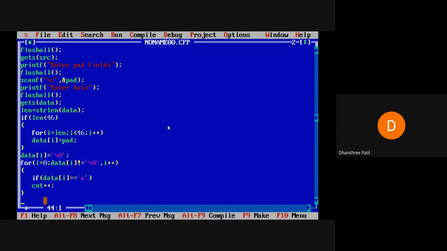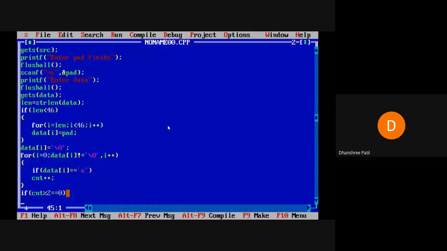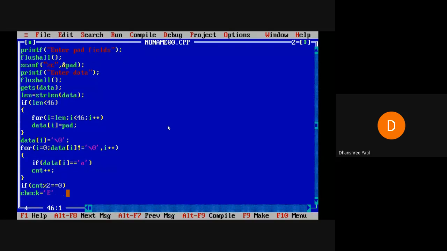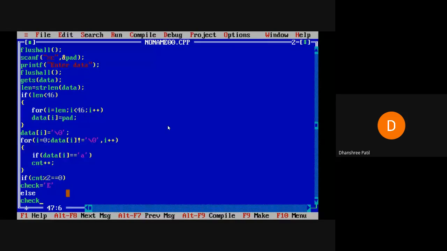Then after count plus plus, to display one message as a checksum, I'll write: if count mod 2 is equal to 0, then check is equal to e, that is error, else check is equal to n, no error.